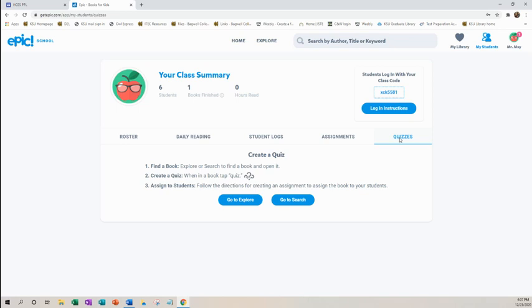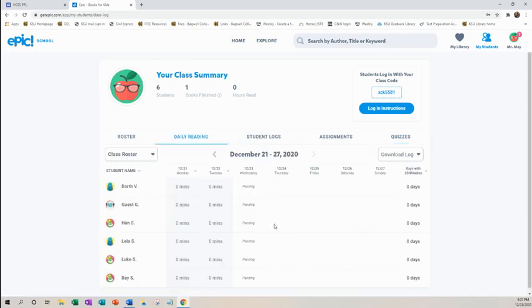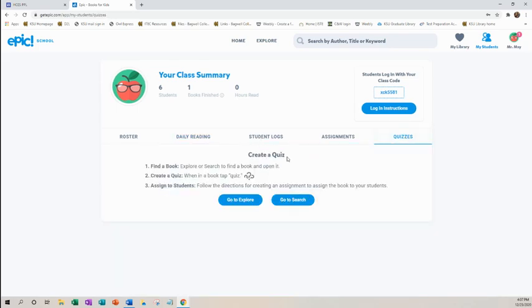And then you can go in quizzes. If the students have quizzes for each book, it will actually show up here. You'll tap the book that has the quiz, and it will show the data that students have. It'll show the same thing as their daily reading. It'll be their logs, and it'll show how many questions they got correct and how many they got wrong, so on and so forth, and which book they were working on. So anyway, that's just a look at the tools